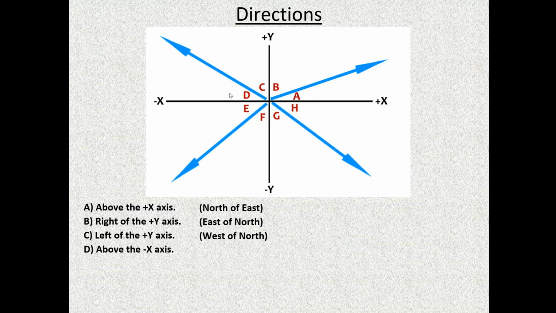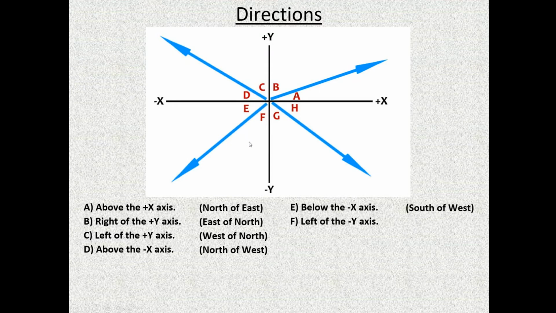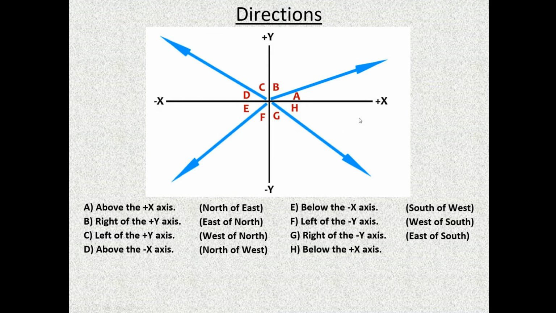D would be above the negative x-axis or north of west. E would be below the negative x-axis or south of west. F would be to the left of the negative y-axis or west of south. G would be to the right of the negative y-axis or east of south. And H would be below the positive x-axis or south of east. So this would be a good slide to take a screenshot of